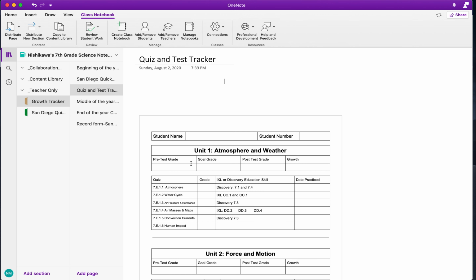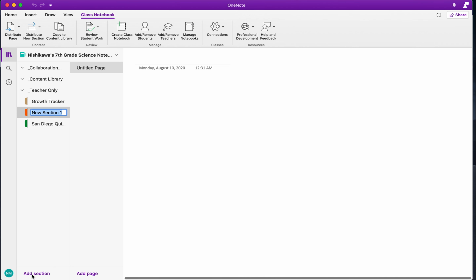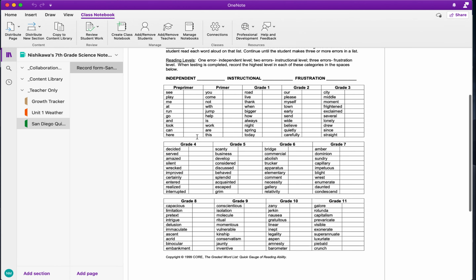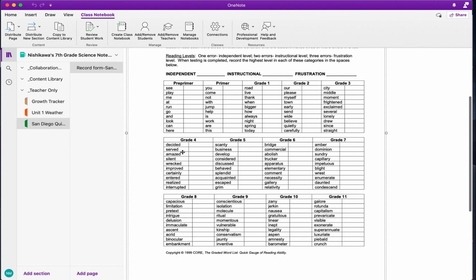I hope that helps you see how that works for creating your different forms and how you distribute them to students. You can add sections down here. So I know I'm going to have my Unit 1 for weather. And any other sections the students have, I try to match for the teacher only. And then also have my own. For instance, I'll have San Diego quick assessments. And I do this for my students, and each student will have this done